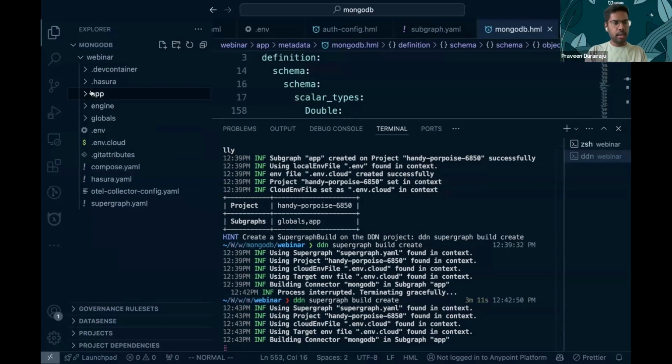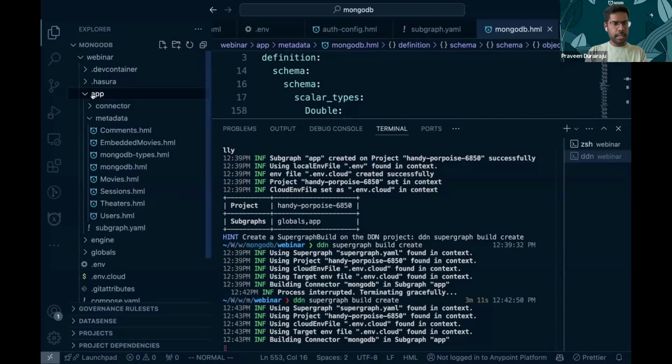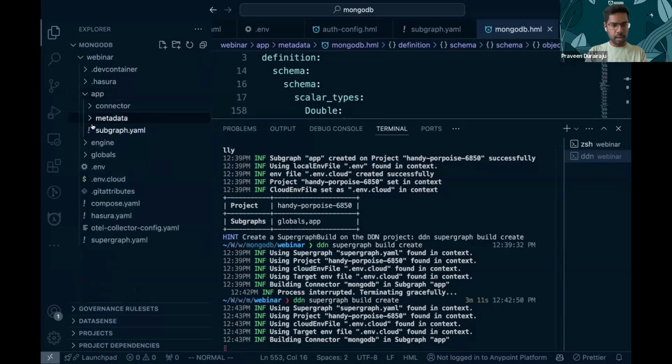Right now you look at this directory structure, this app is a subgraph, which has just MongoDB right now, but technically you can add more data sources to this. We could also do that in the example where we add Postgres to the same subgraph,